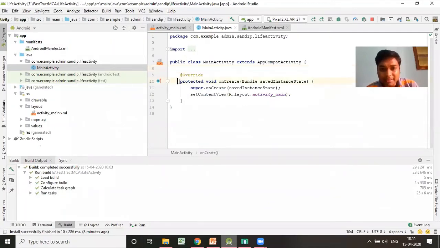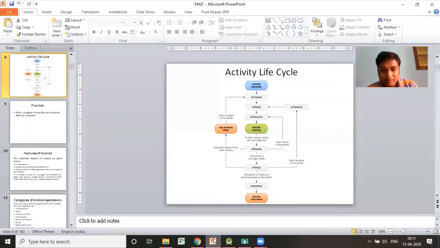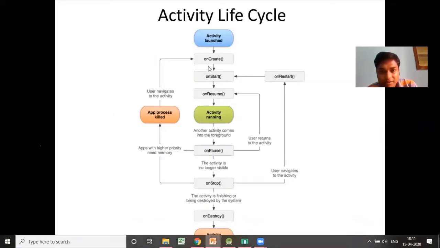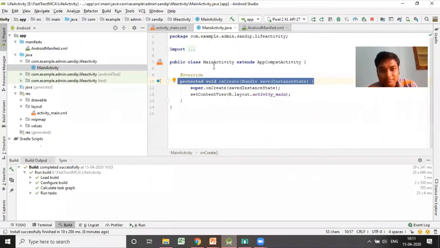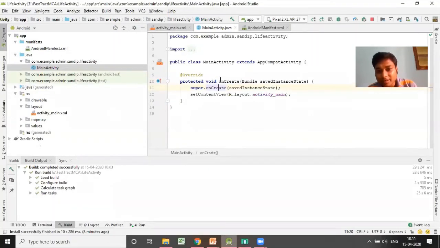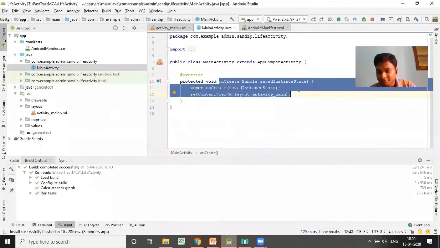Now you can see that the first phase in the life cycle methods is on create. The first function is on create. If you see the Java file, then you can see the on create method is already there.